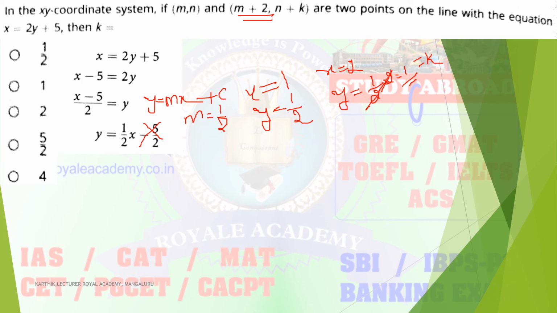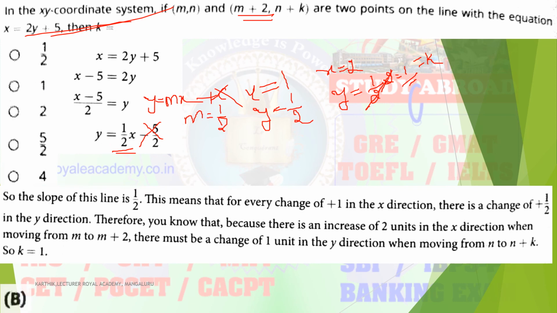So I hope all of you understood. First convert this expression into y is equal to mx plus c. Then neglect c, it is a constant, and substitute the value. x is equal to 2, you just substitute x. Okay, so m plus 2, so x is equal to 2. Then in this equation, what is the value of y? So y you will get as 1. So that is nothing but the k value should be 1. Okay, to get the slope. So which answer is correct? Option B is the correct answer.